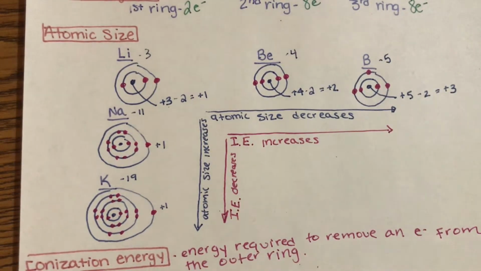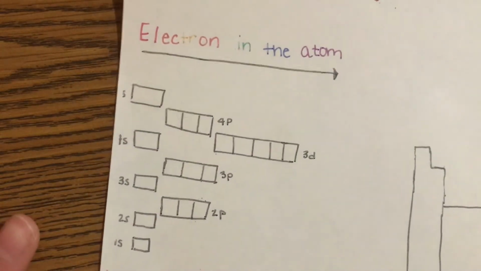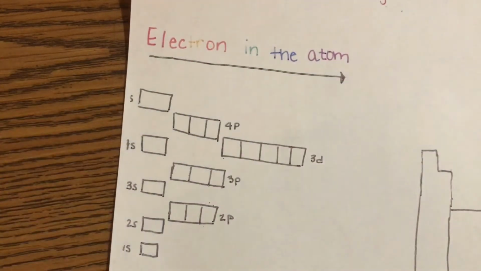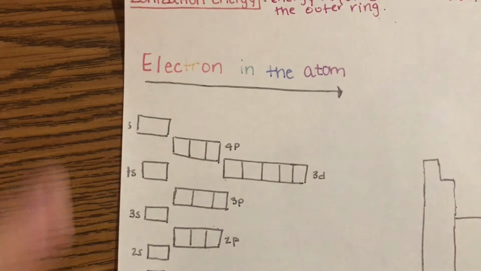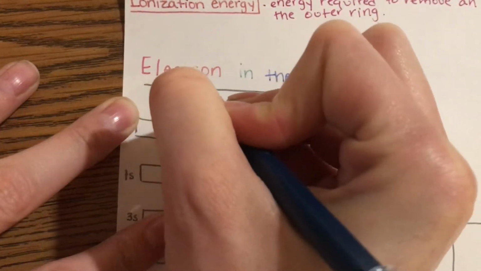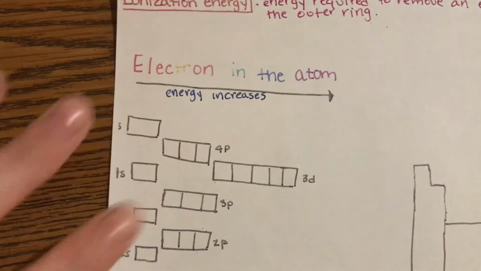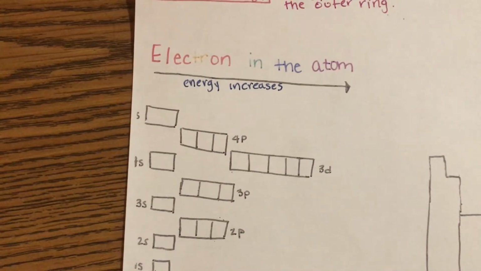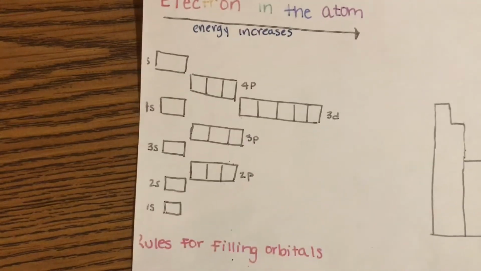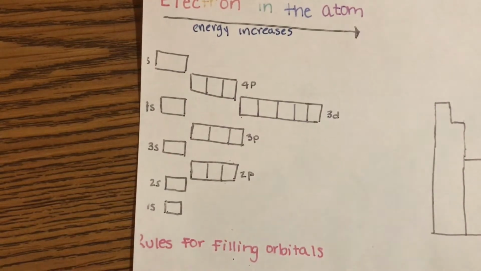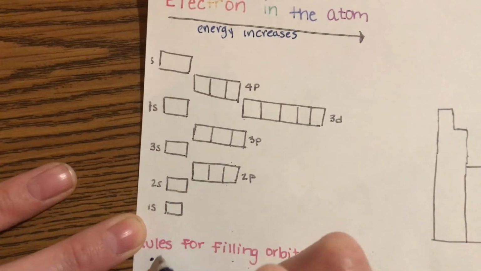So that you're going to look up on your own. I'm going to move on to the next unit, so that's electrons in the atom. So for electrons in the atom, we started off at the flame test lab and looked at color. So we knew as we went from red to purple, your amount of energy increased. So as I go from red to purple, energy increases. And then we looked at, if you guys remember, the house model. So the house model was like the rules of when you could fill which room. So the rules for filling, we always start on the first floor, or always start